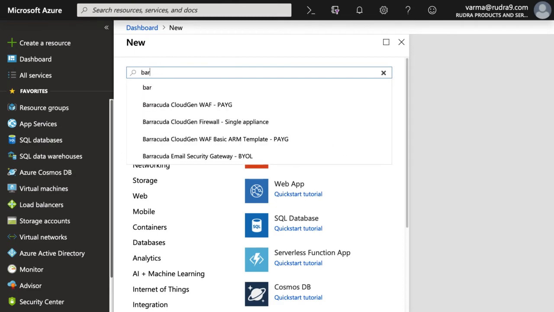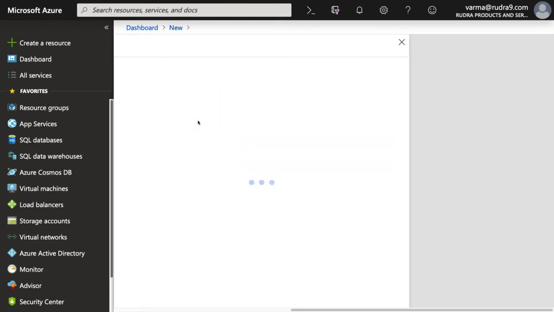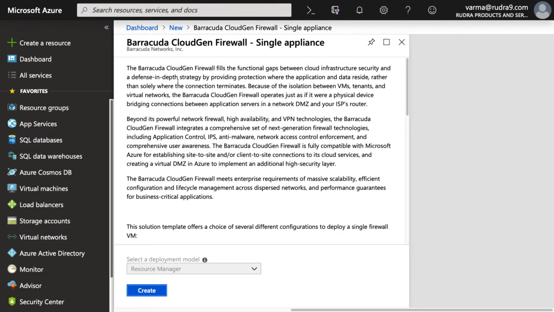So if you type in, see here, this is the service provided by Barracuda Networks. Okay, it's not by Microsoft, but they are using the CPU or virtual machines of Azure and deploy their platform on it and offering that platform as a service to you on a pay-as-you-go basis.